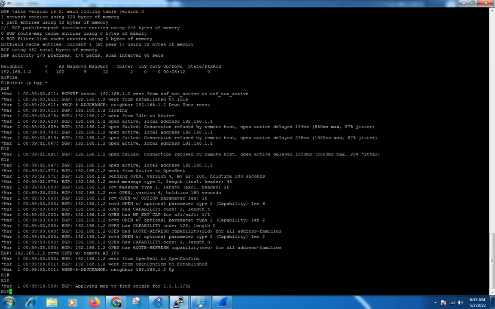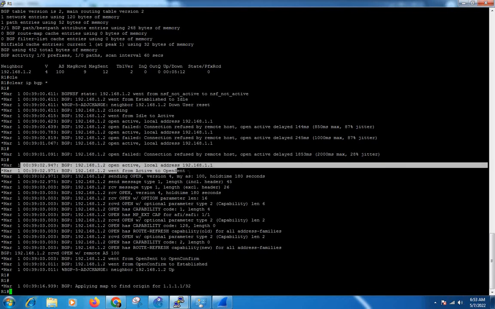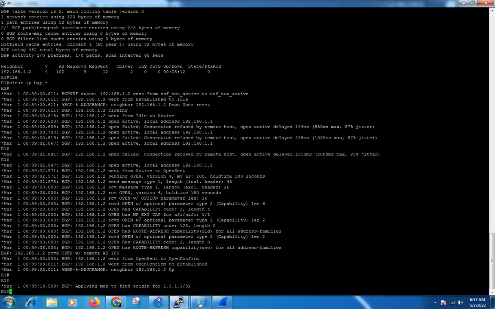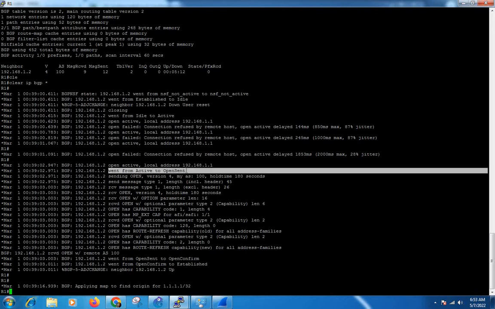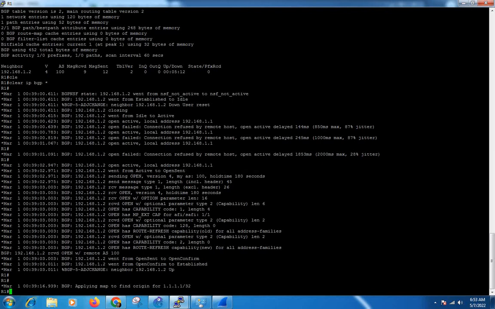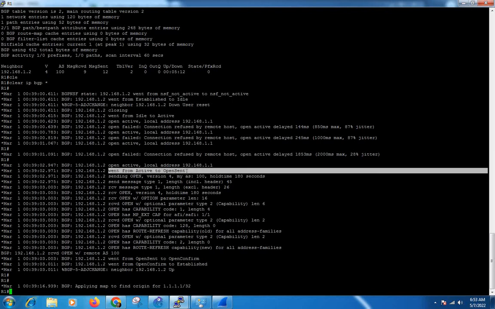Once the TCP connection is established, it generates one open message and goes from active to open sent. In this condition, it will generate one open packet.